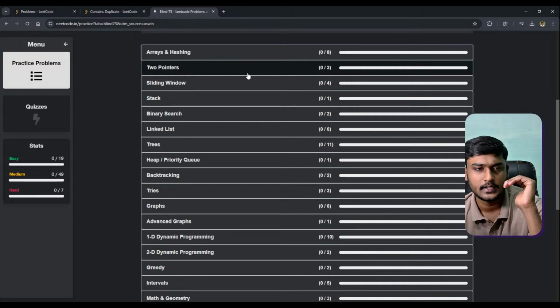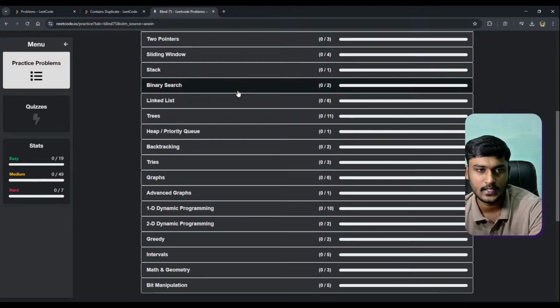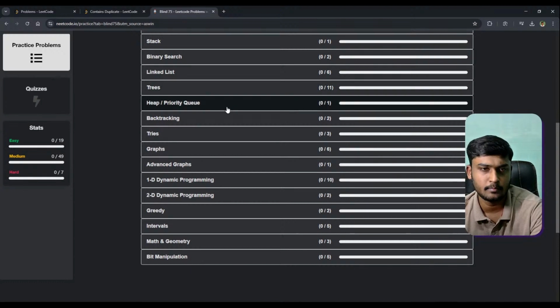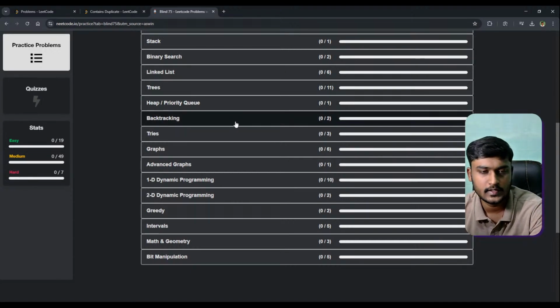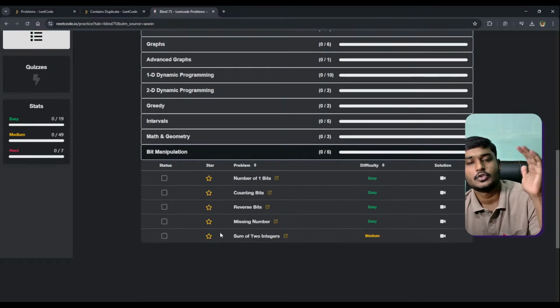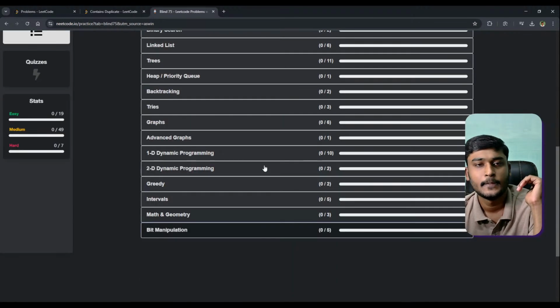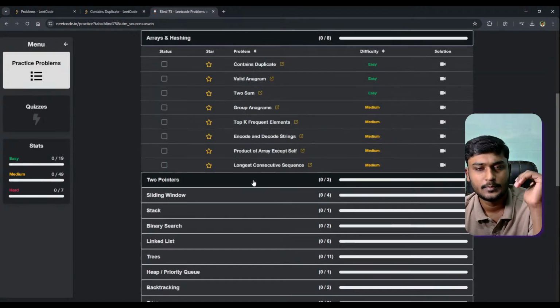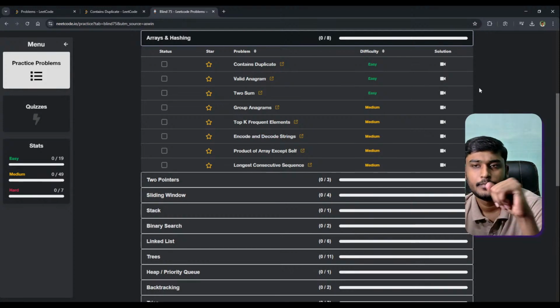Each category has a set of problems: array, two pointers, sliding window, stack, binary search, linked list, trees, heap, priority queue, backtracking, tries, graphs, advanced graphs, 1D dynamic programming, 2D dynamic programming, greedy, intervals, math and geometry, and finally bit manipulation. We'll follow this order strictly and solve each problem one by one,